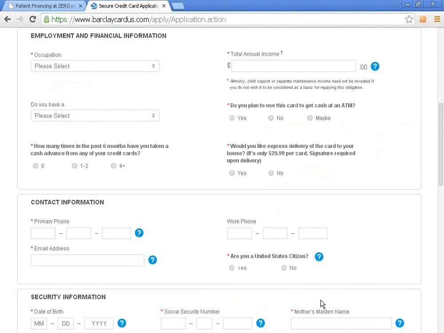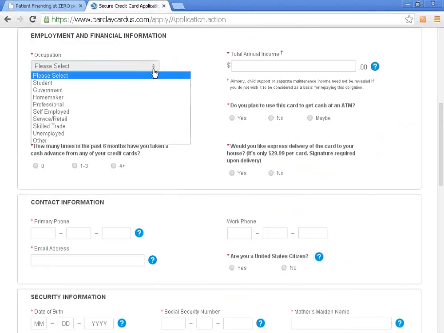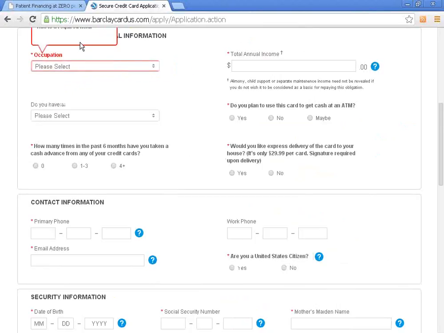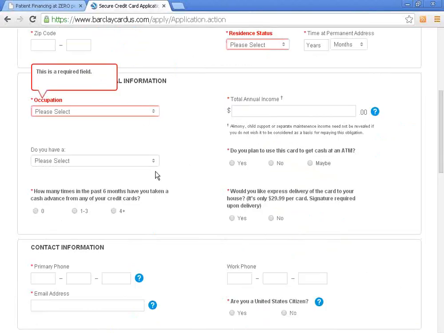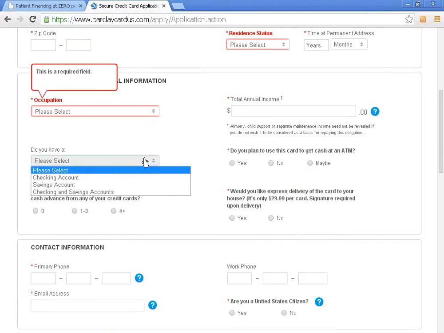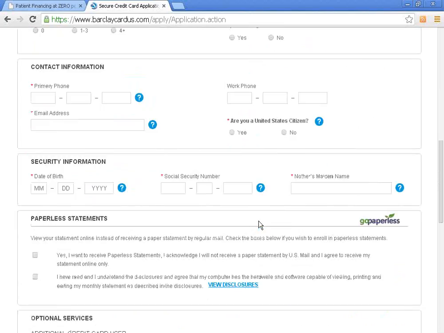Then it asks for employment and financial information. What is your occupation? A drop-down menu, which is required. It'll ask, do you have a checking account, a savings account, or both? What is your annual income? Do you use this card at automated teller machines? And would you like express delivery of your card? You don't need to do this. It will be mailed to you within a couple of days, but if you need it immediately, there is an additional charge. It then asks for your contact information, your primary phone number and a work number,